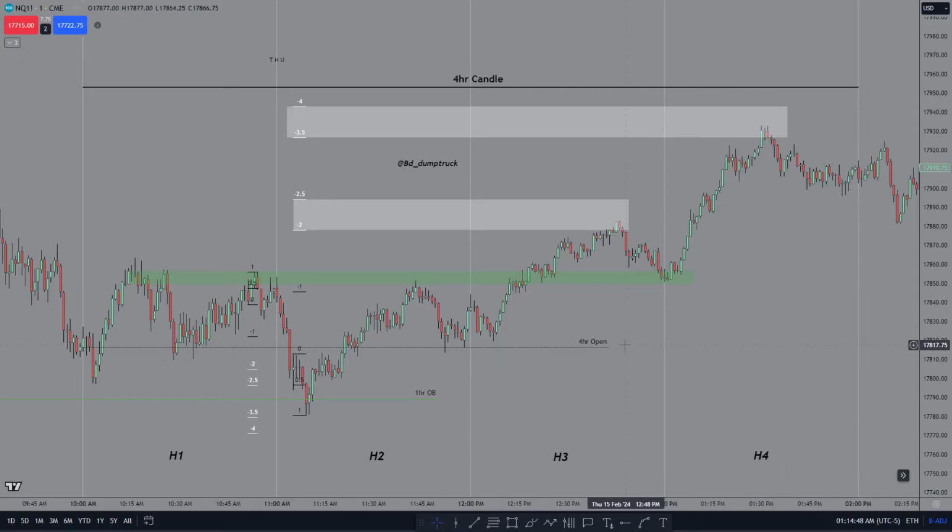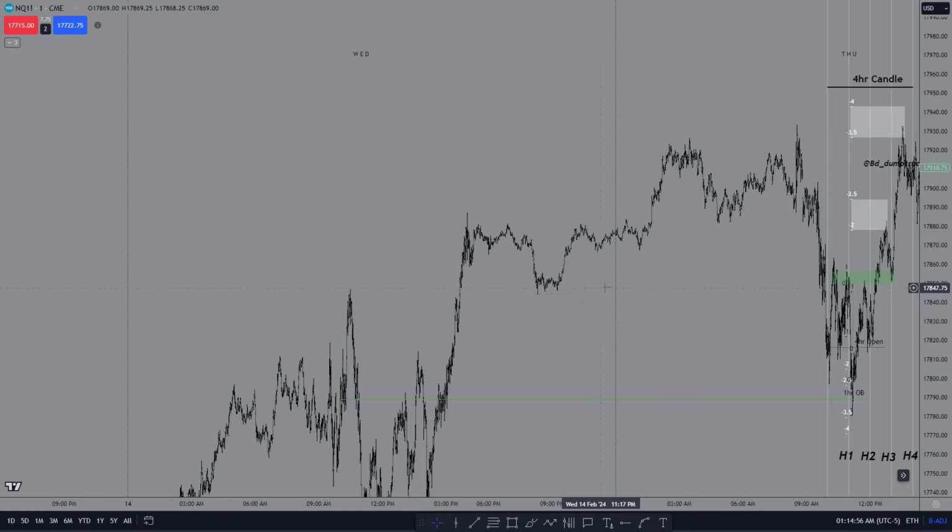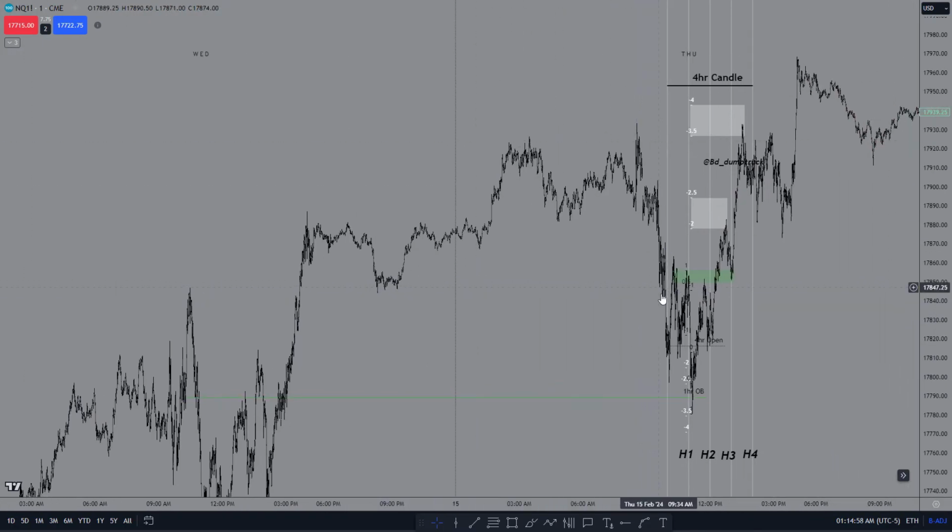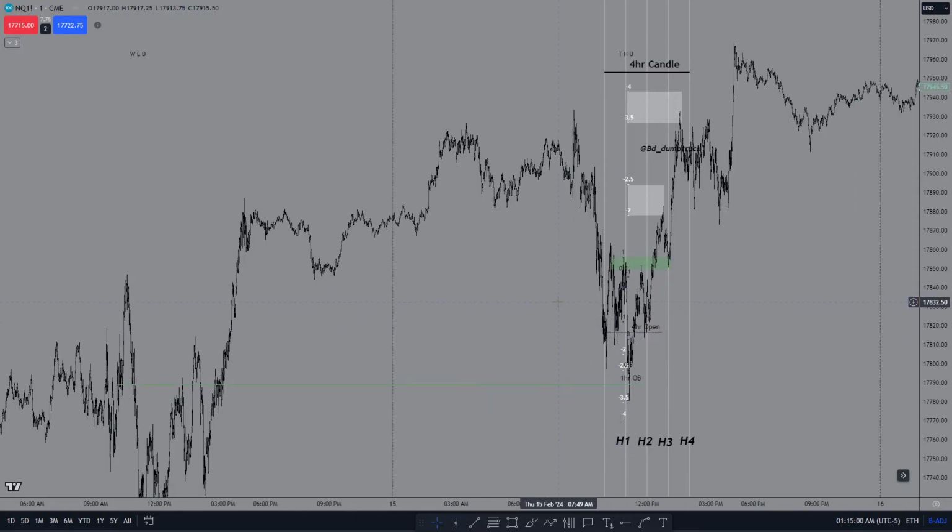But first, I'm going to be going over this setup here that I took on Thursday, as it was very textbook price action. So to start, going into the 4-hour power of 3, we just want to see what price is looking like. So we see we have this move lower that's taking out sell side liquidity, all of these lows in here,